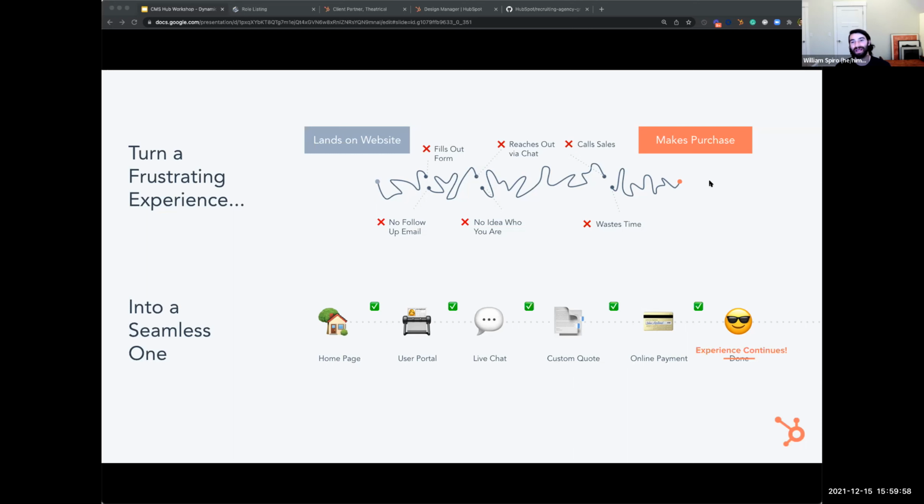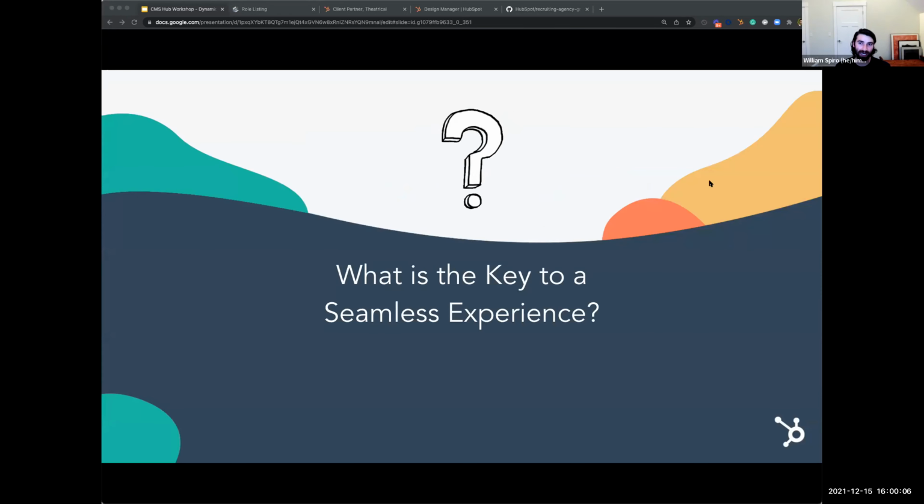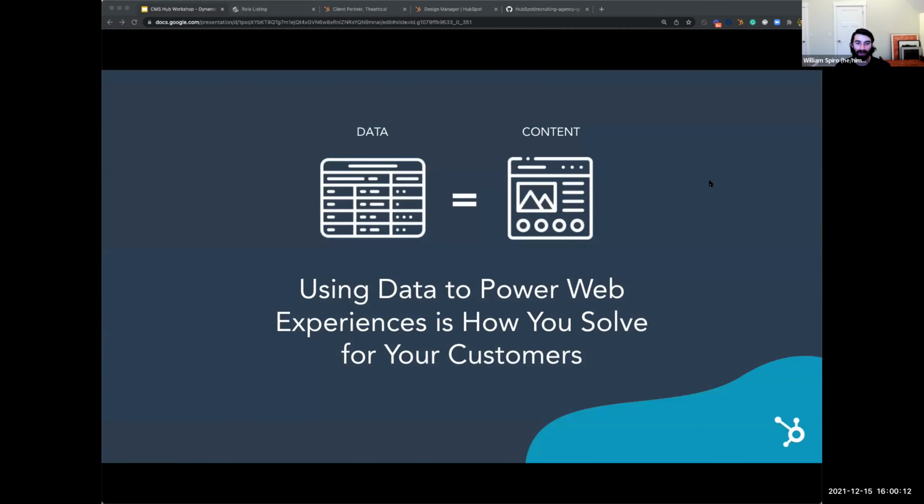It's all about creating as seamless a customer journey as possible based on what we know about our website visitors, prospects, and customers. So you might be wondering, what is the key to these seamless experiences? How do I build them exactly? And really at its core, the key to building these seamless digital experiences is all about using data to power